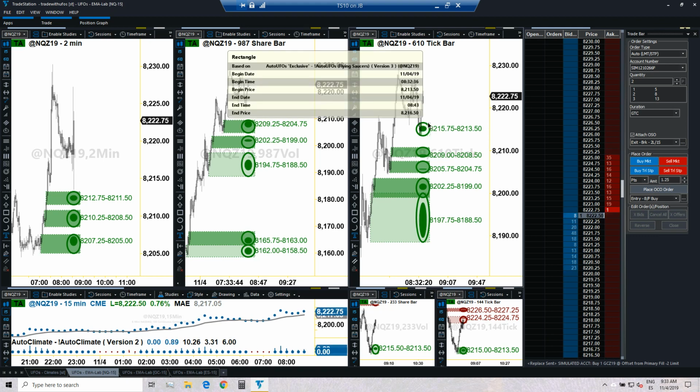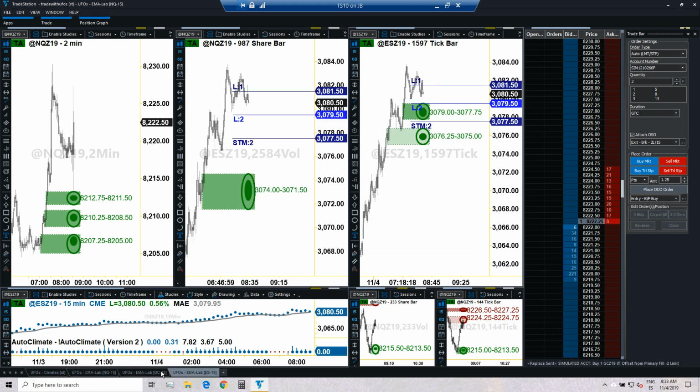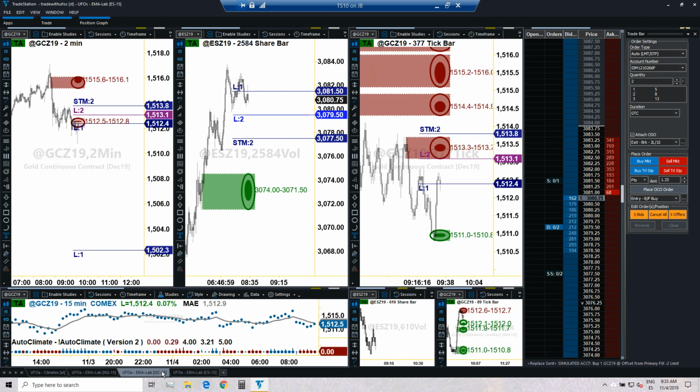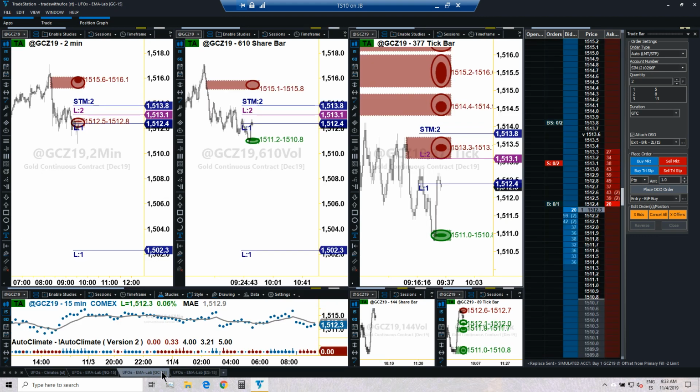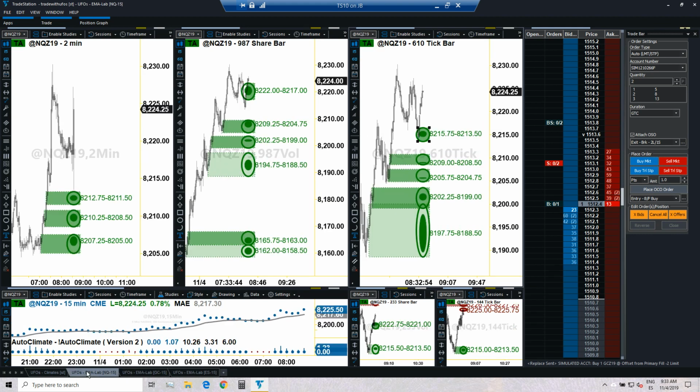Yes, this could be a valid opportunity as well, I believe, with the Nasdaq. So, quick look at the S&P and gold, and I'm coming back to plan a trade on the Nasdaq. Notice how we are like 1 point away from entry on the S&P. We are a little less than 1 point away from entry with gold. So those trades may very well trigger very, very soon. So again, working on the Nasdaq.